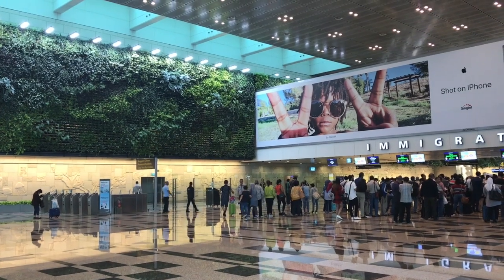So when you arrive in Singapore, you'll arrive at the immigration, and there are two lines. There's one for citizens of Singapore, permanent residents, and special long-term pass holders. And they get to go quicker through immigration because they already have all their information stored, and they just have to scan their passport and they're through. And the others are